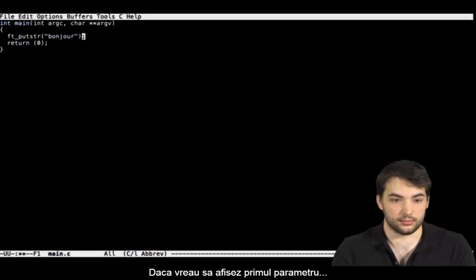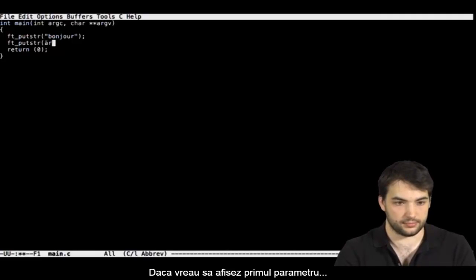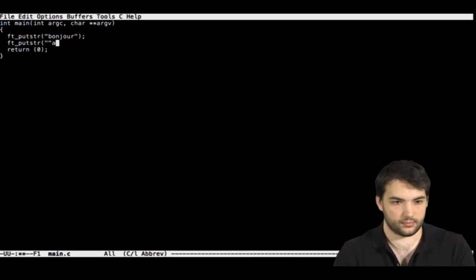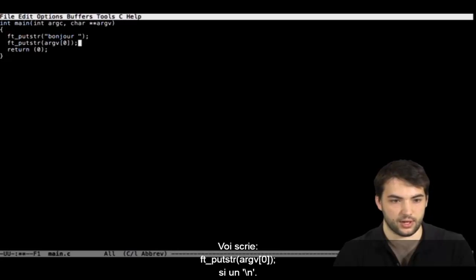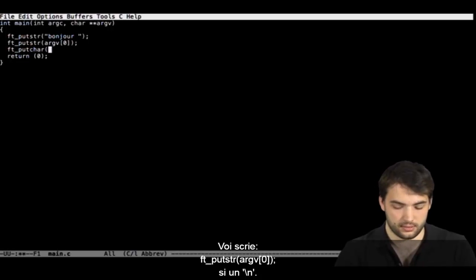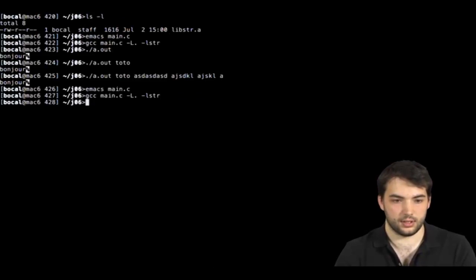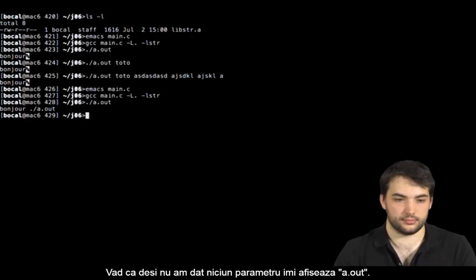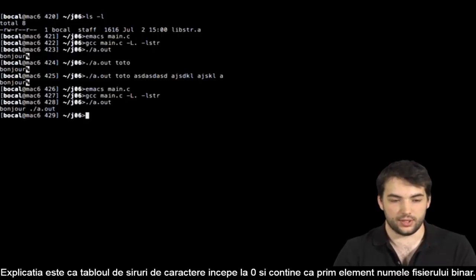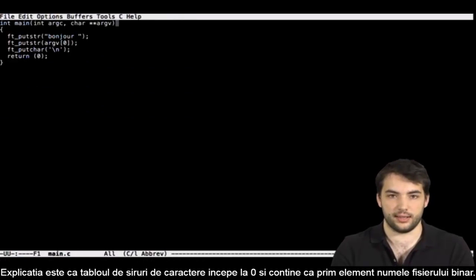So, I'm going to display my first parameter. And then a line break. Recompiling. Here I can see that even without arguments, a.out is displayed. Because your strings array's first element is your binary's name,